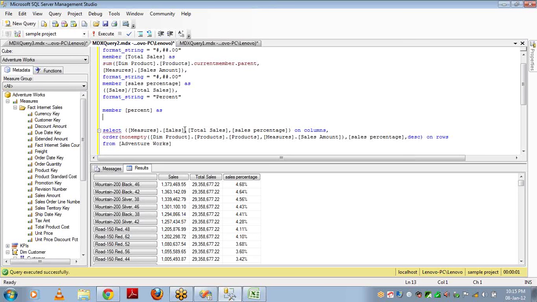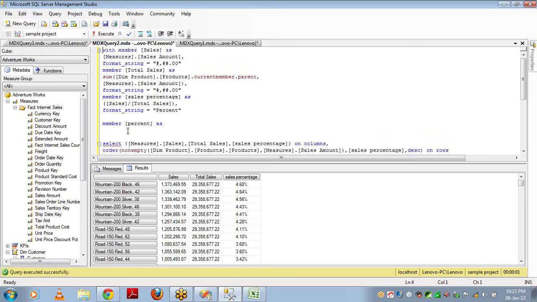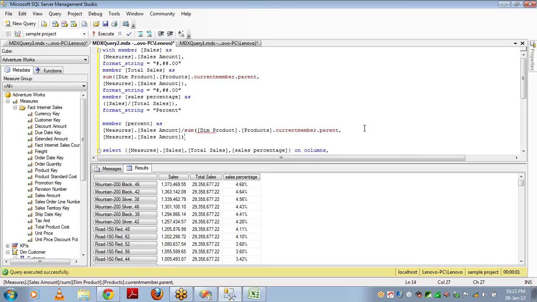That is the sales amount, the original measure, divided by the sum of this, the parent of sales, comma, format string is percent.